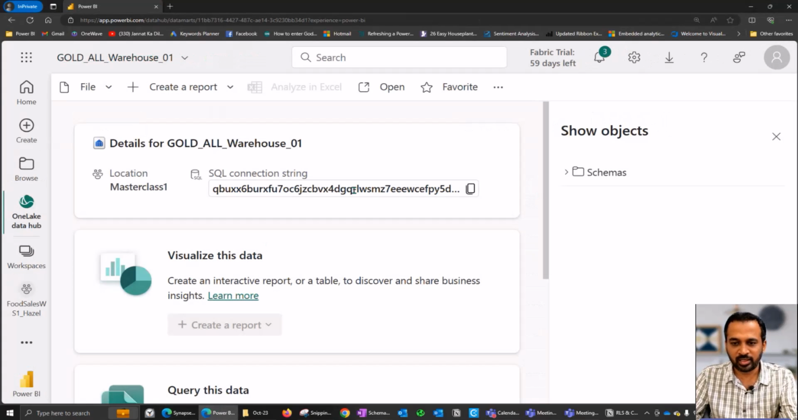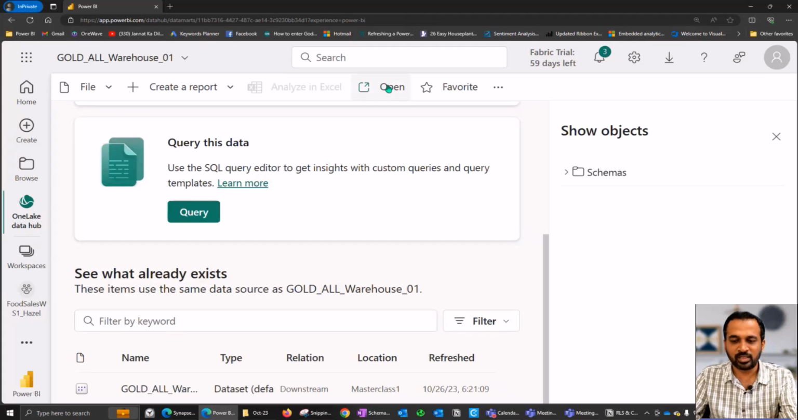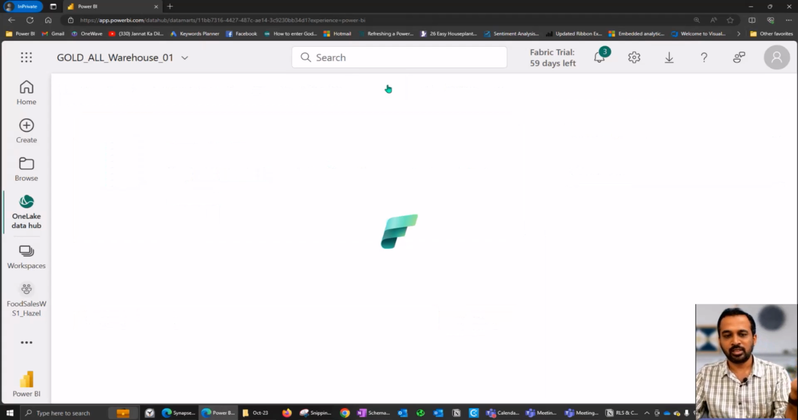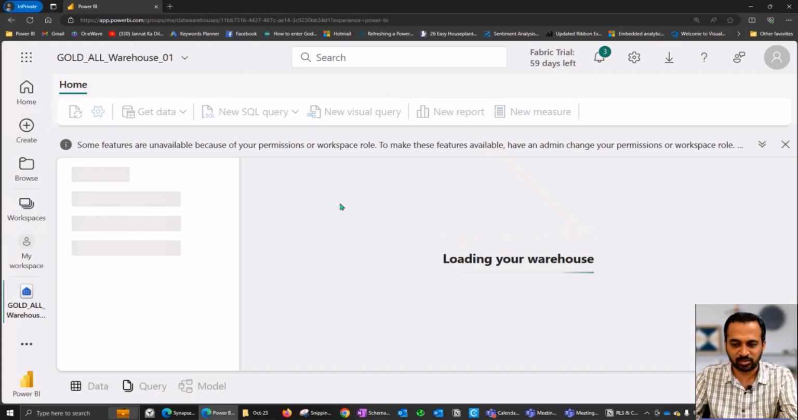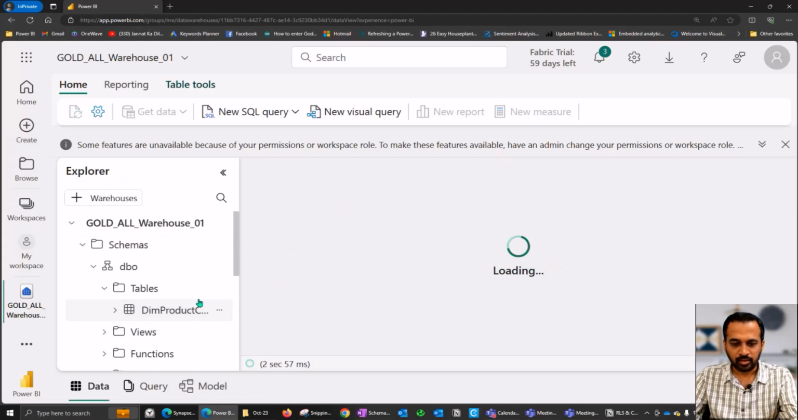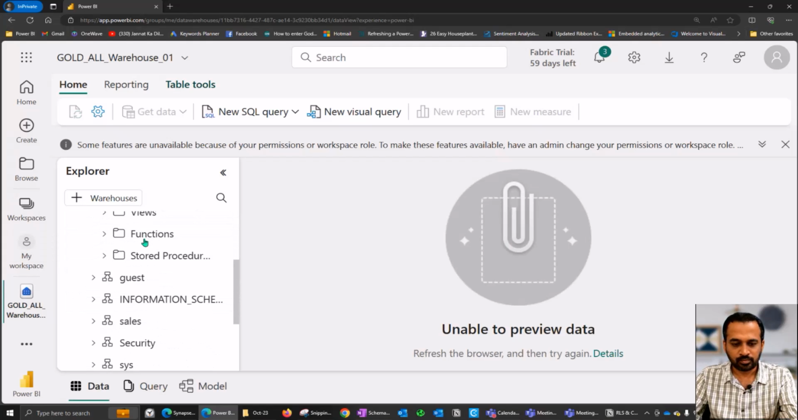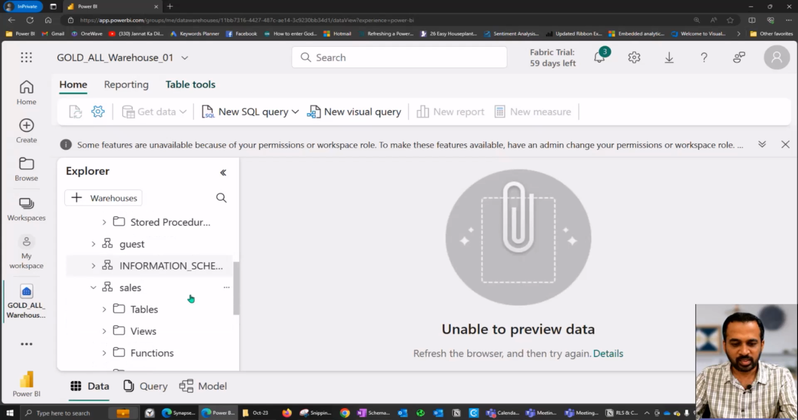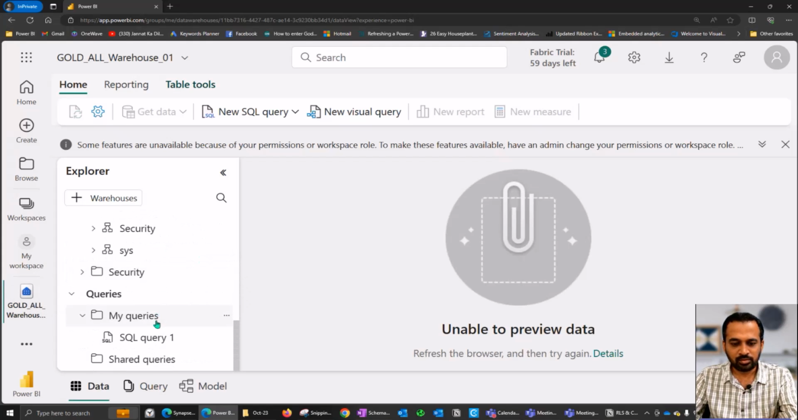So now if I come back here, we have option here to visualize the data, or we can open the warehouse. Click on open the warehouse. This is actually given the read-only access. We can't modify any data from here. If I expand the sales here, I can see the orders table here. So now if I click on query 1,